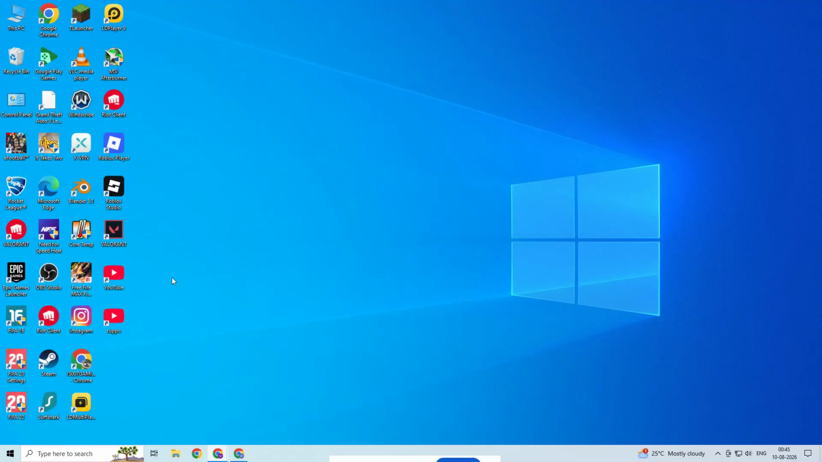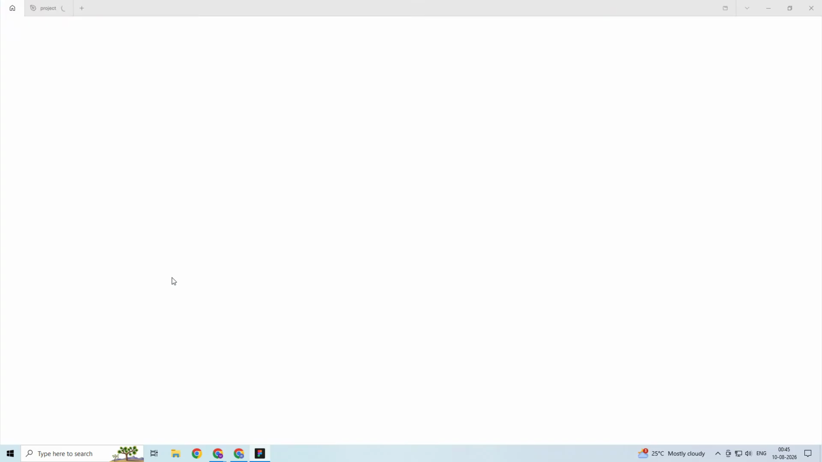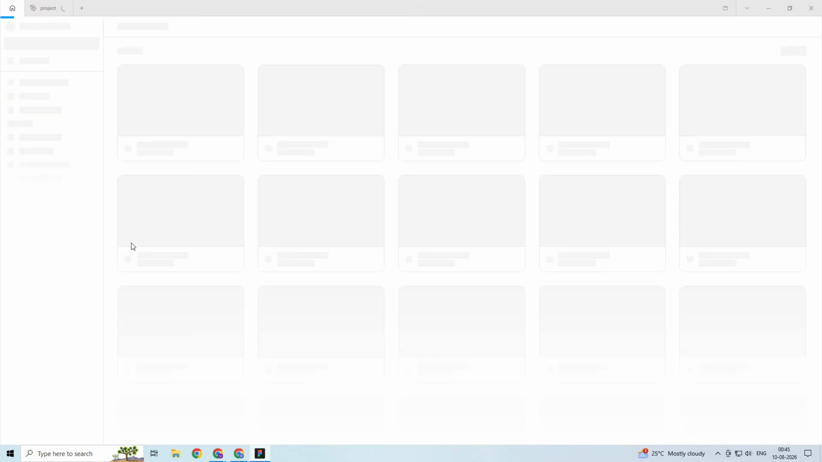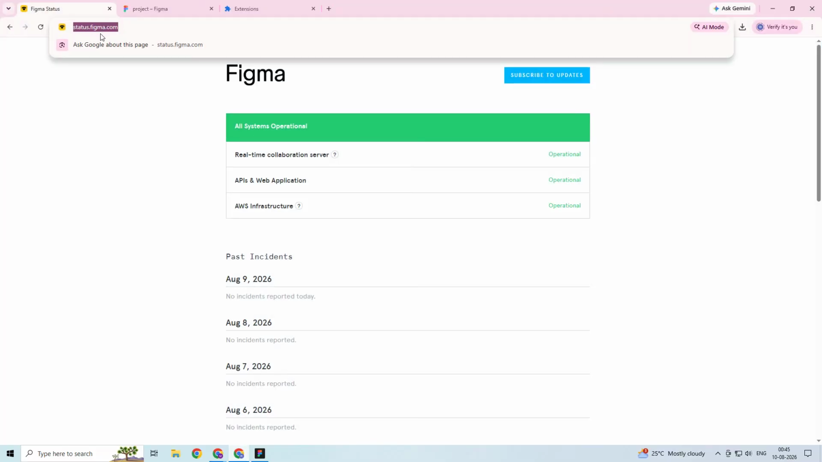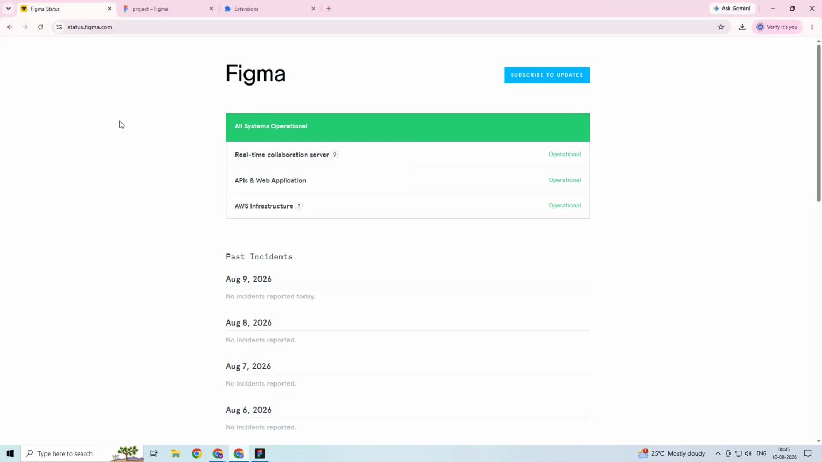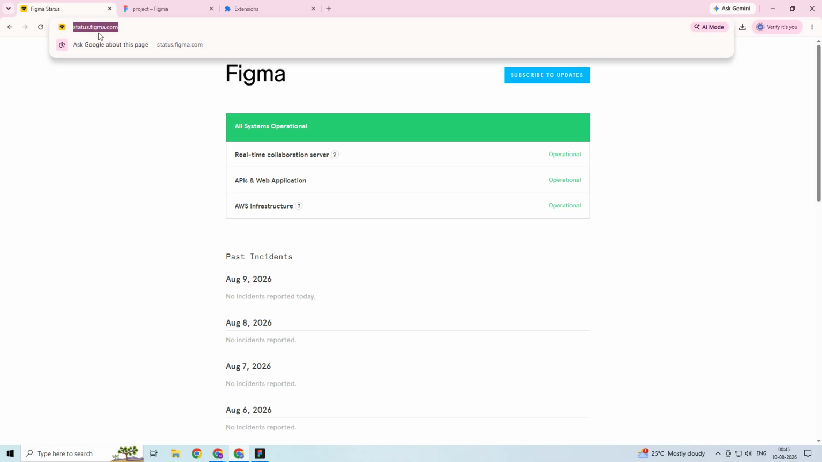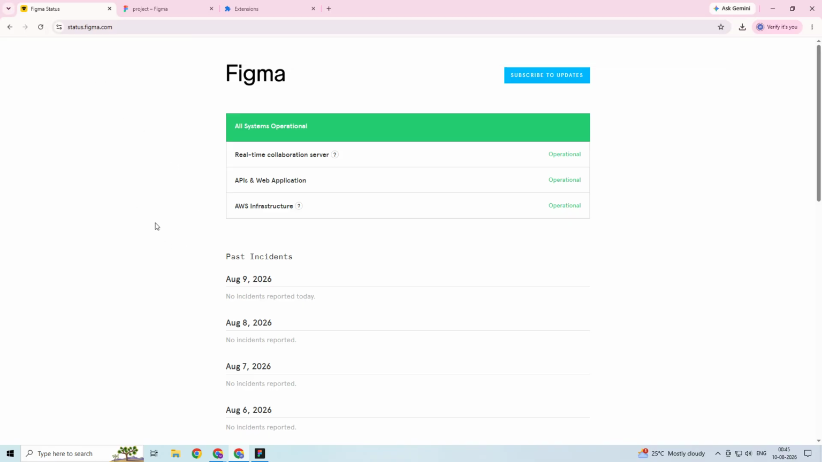If the error is still happening after that, the next thing you should do is check the Figma status page. Sometimes the issue has nothing to do with your device at all. If Figma's servers are having a problem, you may experience login issues, slow loading, syncing failures, or app errors across the board. Open your browser and visit the official Figma status page to see whether there is an active outage or service disruption. If there is, the best thing to do is wait until Figma resolves it on their side,